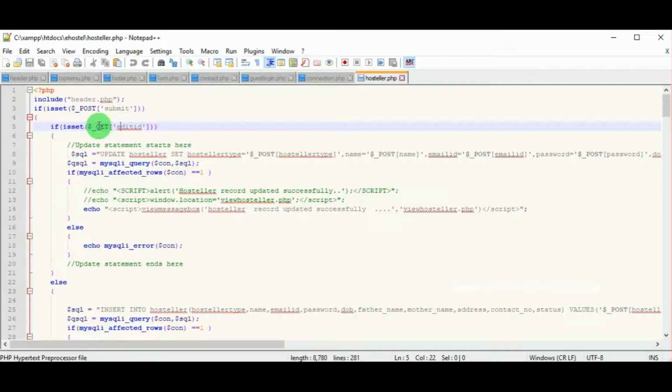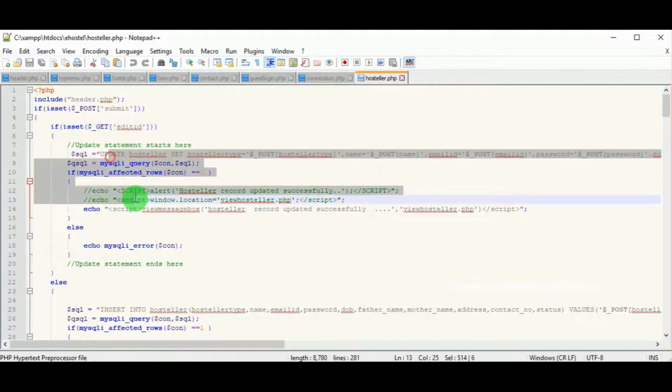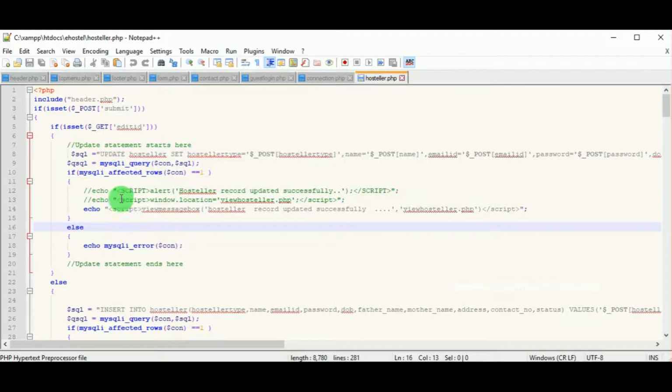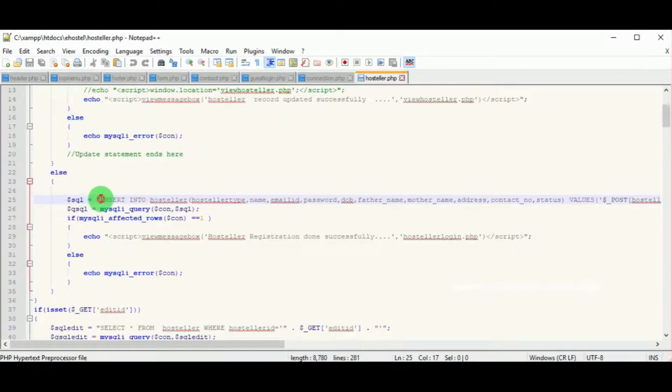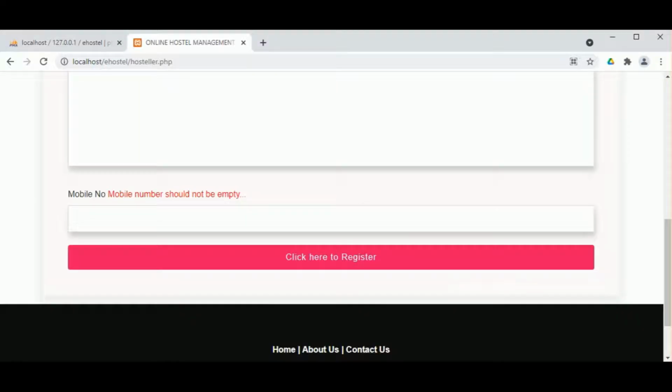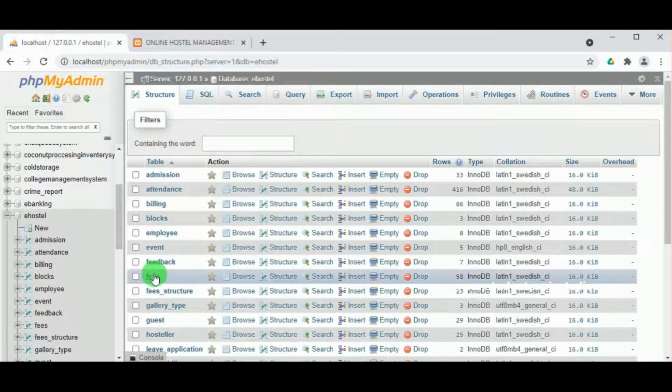We are not doing updation, we are inserting, that is we are making the registration, which means we are entering the new data to the database. So when you enter the new data, insert query is used, insertion is done, adding the new data is done. So we need to use the insert query. Since we don't have the edit ID, insert query will be executed.